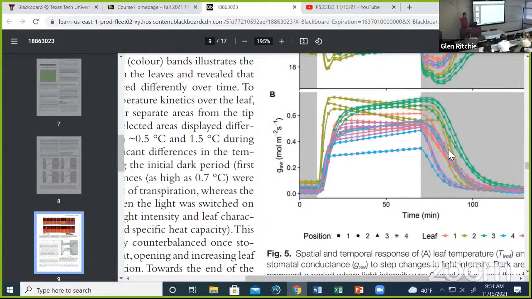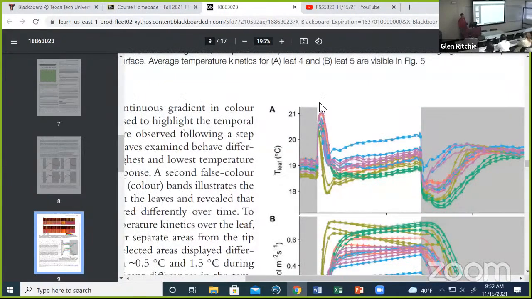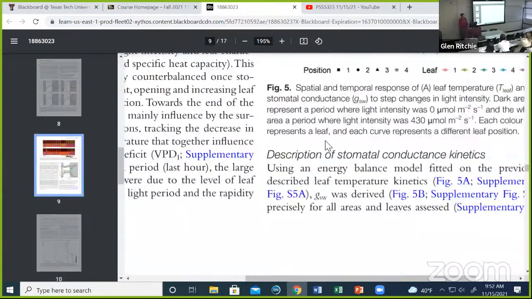My thought process on this, and I'll end it on this, was that the plant is favored more by responding quickly to an increase in temperature than it's necessarily penalized by responding to a decrease in light after the light's turned off. Losing a little bit more water at this point, when you're in a low transpiration environment, is not necessarily as big of a penalty as having your temperature spike and the whole plant dies. So you see the temperature spike and then immediately recover to keep from being damaged. And so the stomata open really fast when they need to.